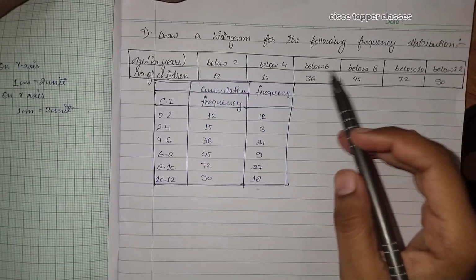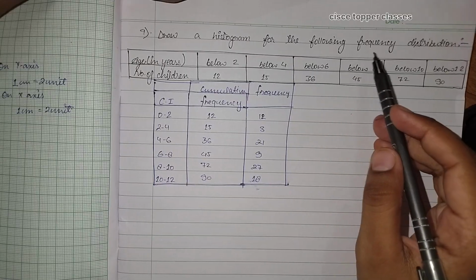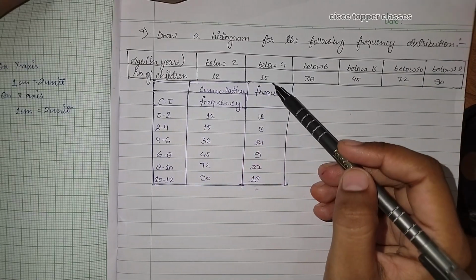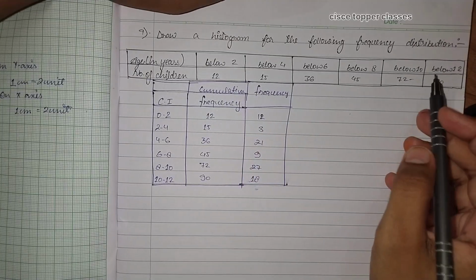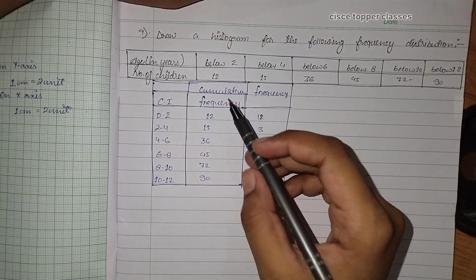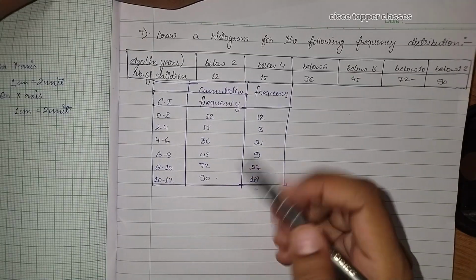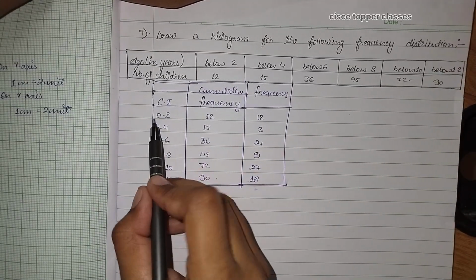Now let us solve question number 9. Draw a histogram for the following frequency distribution. So here age in years and number of children are given. This is given as cumulative frequency, below 2, below 4. Hence I have written these cumulative frequencies and frequencies in a new table. And from that only we have marked the class